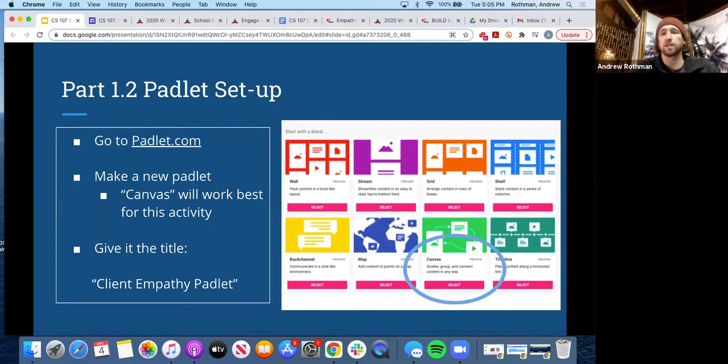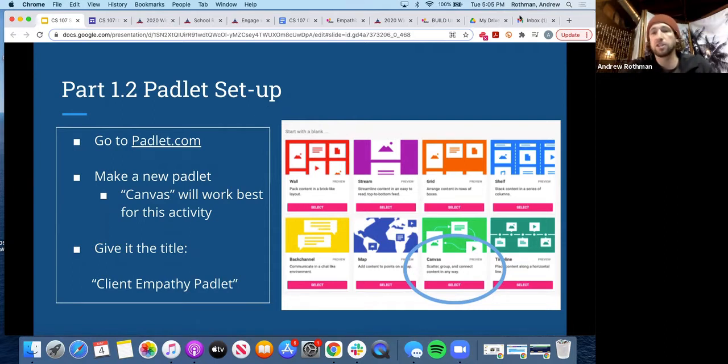And what I'd like you to do is actually create, I believe you get 3 free Padlets. Like on a free account, you can get 3. We're going to need all 3 for this project. You could also do this just by hand. If you want to do this by hand with Post-its, you're welcome to do it that way and just take a picture of it. Either way, you'll need to submit evidence that you went through this process.